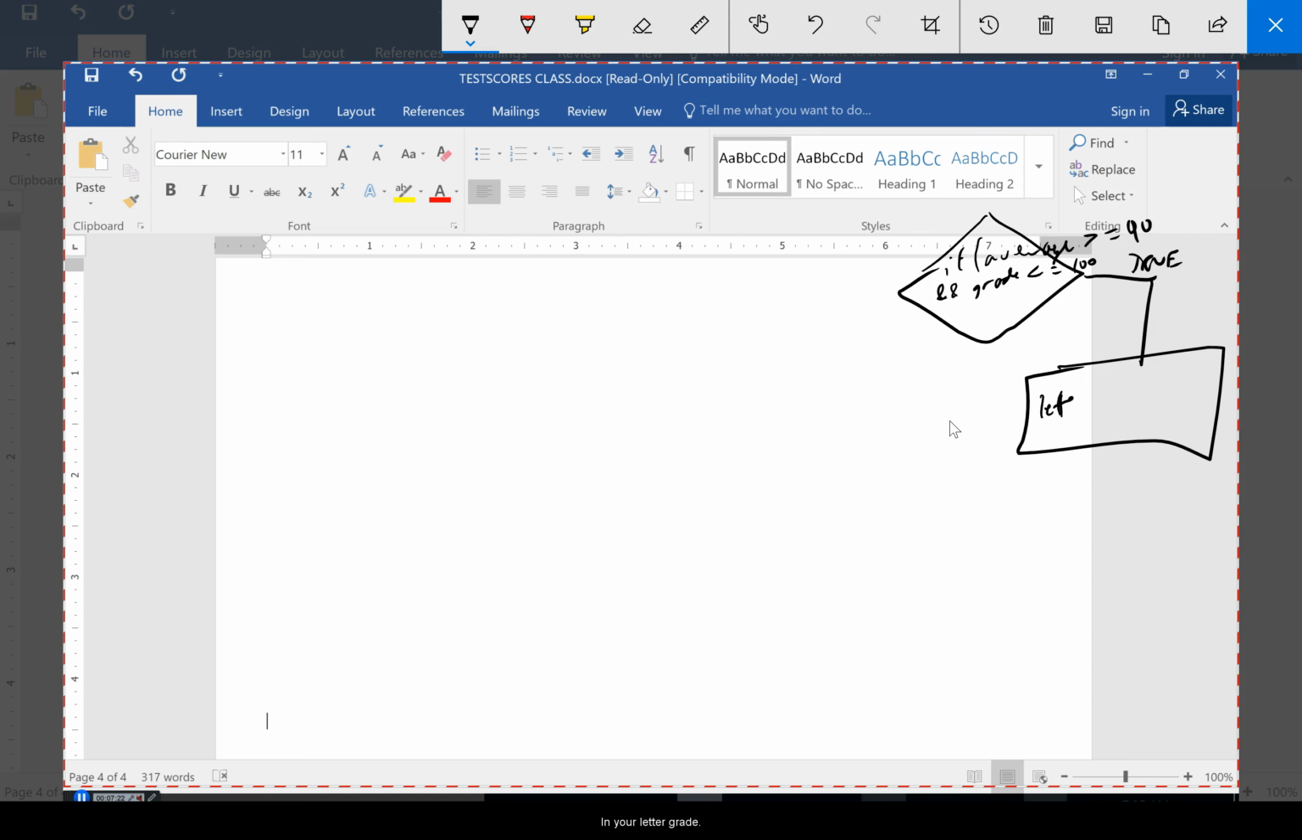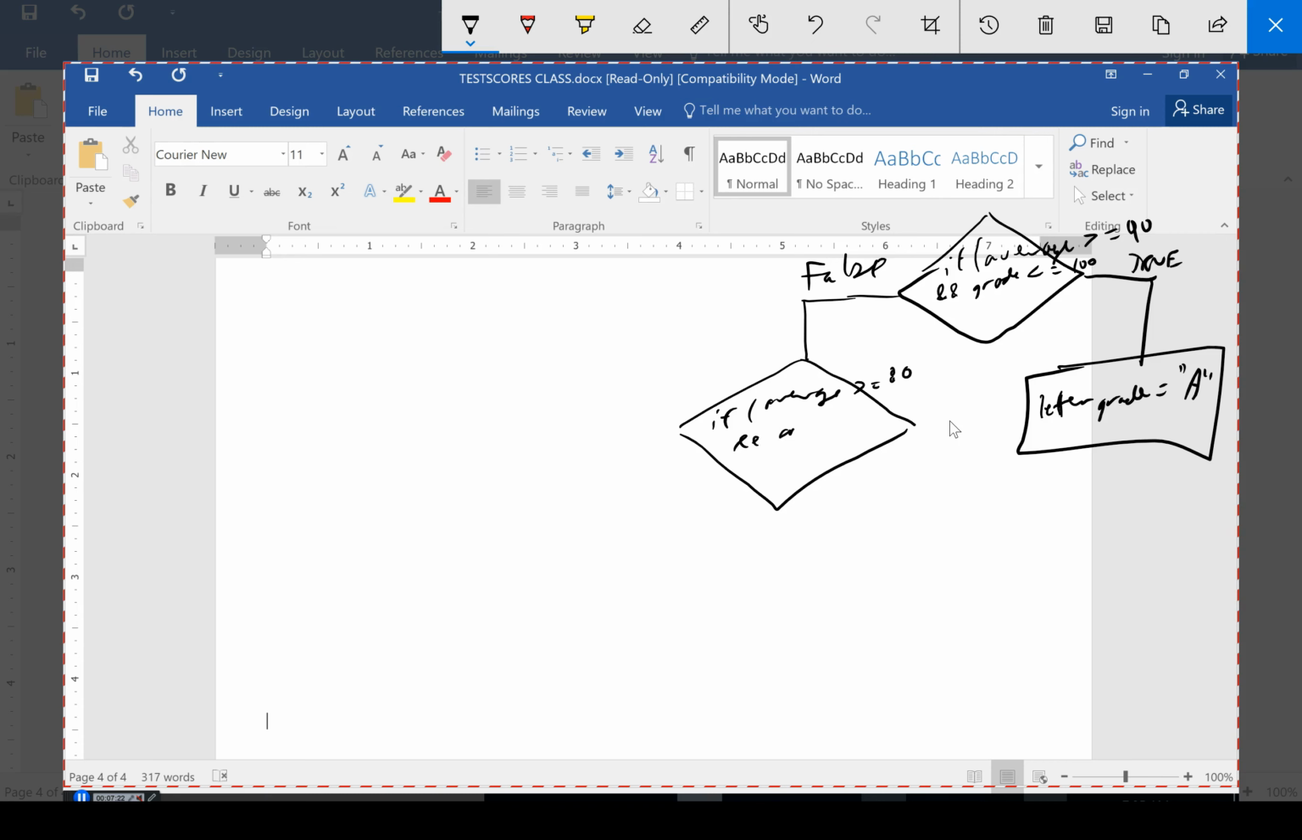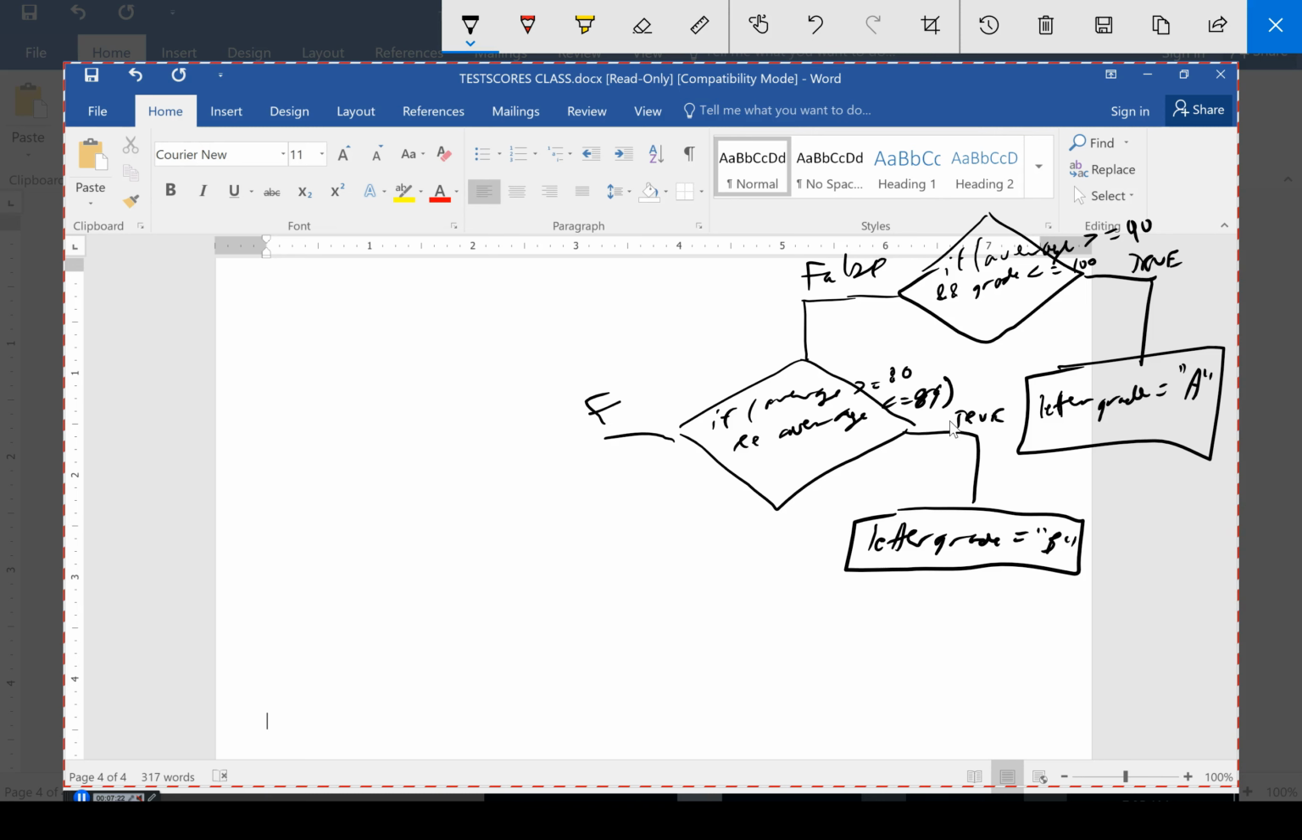then your letter grade equals A. If it's false, come down here and say if average is greater than or equal to 80 and average less than or equal to 89. If this is true, then your letter grade equals B. If it's false,